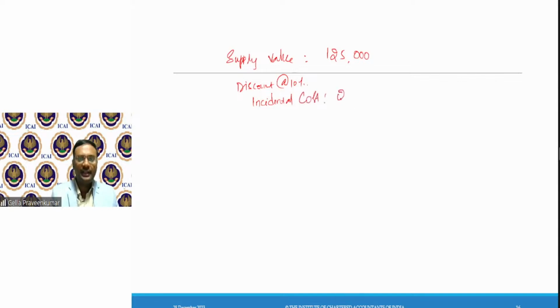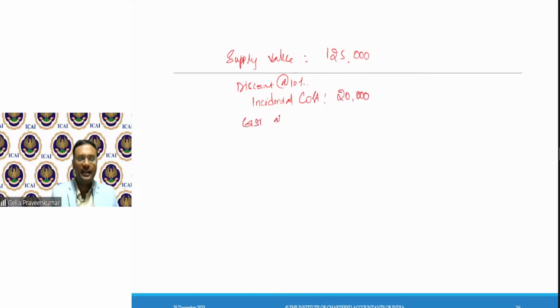For the purpose of GST law, assuming that there is a supply value of rupees, say, 1,25,000. There is a discount of 10%. There is incidental free supply, or else incidental cost, say 20,000.